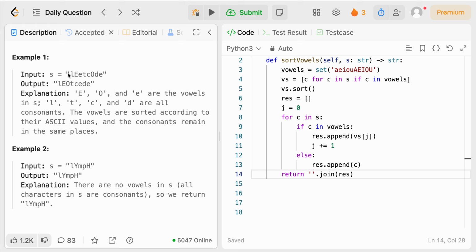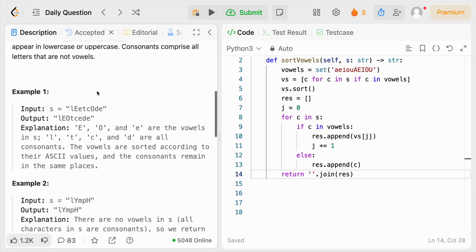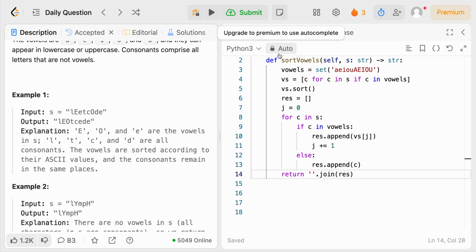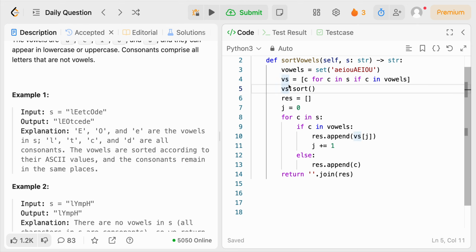But of course, example 1 did actually have changes to be made based on the 4 vowels that we did have in our input string S, right? So, on a high level, how again are we really solving this problem? Effectively, we're first identifying every single vowel in the input string S, and then storing it after we extract it from our input in this VS list. Then, we're sorting this vowel list by ASCII value to determine the final order of vowels we have to put in the output for their corresponding indices from the vowels in the original input string. Then, we're simply initializing our pointer and our resulting final string, and then